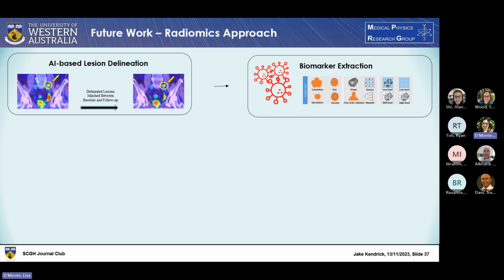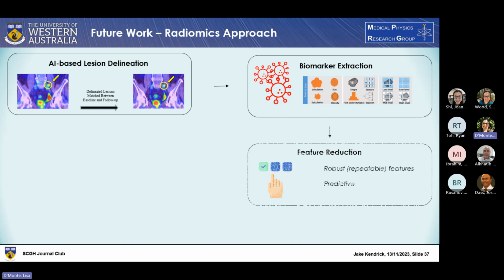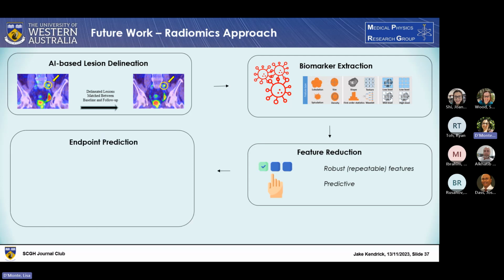In fact, there's pretty much an infinite number of biomarkers we can extract from each lesion. These include shape-based features characterizing the shape of those lesions, texture features, first-order statistics. This would include your SUV mean, maximums, etc. And what we could undertake is what's referred to as a radiomics approach, where we extract those features from the lesion, characterize what's going on there at potentially a more in-depth level rather than just relying on these more basic imaging features, select the most appropriate features and then correlate those with the endpoints that we're